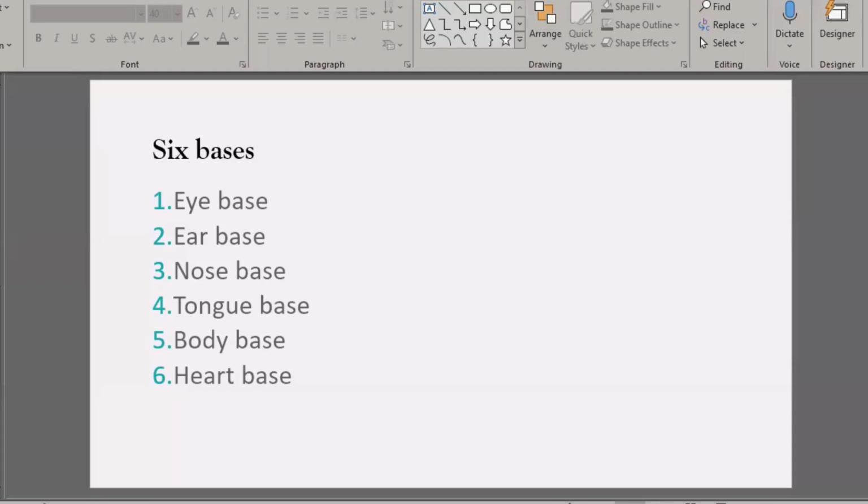Therefore, regarding bases, all the 6 bases are rupa or materials. You can review previous lessons to get a detailed explanation of those bases. So eye base means actual eye sensitivity, ear base, ear sensitivity, nose base, nose sensitivity, tongue base, tongue sensitivity, body base, body sensitivity. Actually, heart base means not the heart